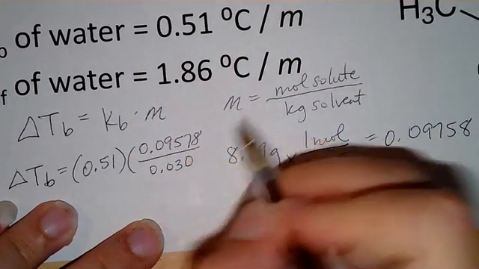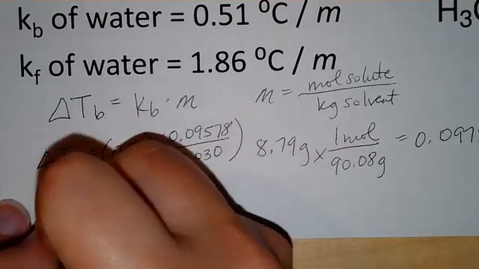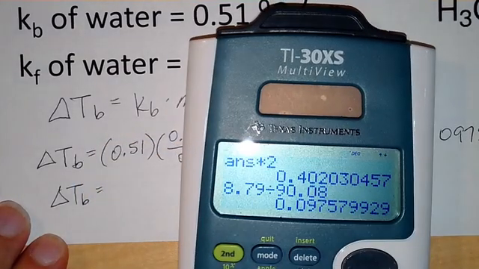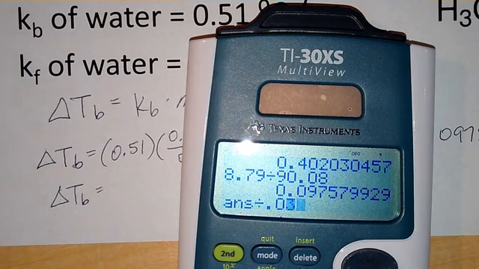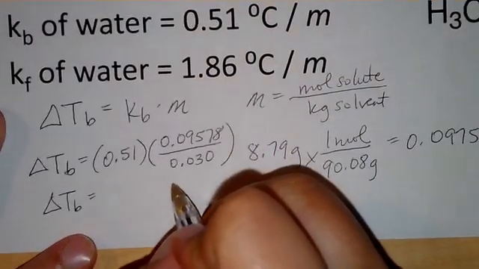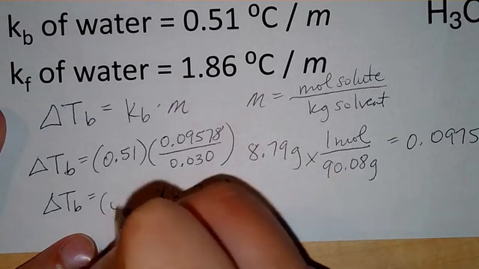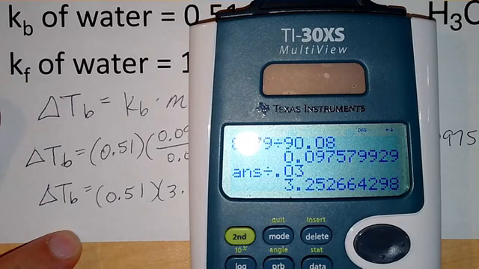Alright, so then we just have to multiply. Moles divided by kilograms gives us our molality, 3.25. And then we multiply by our Kb value to get our change in boiling point,